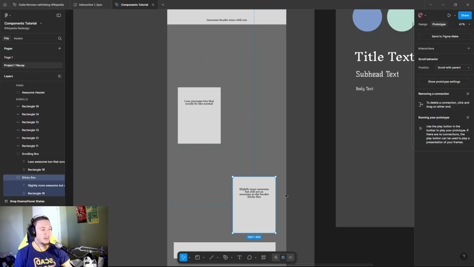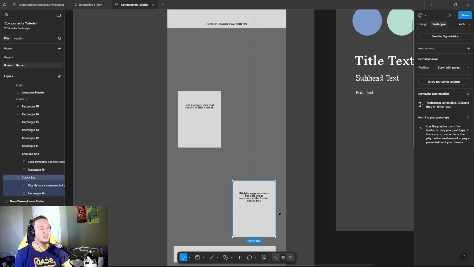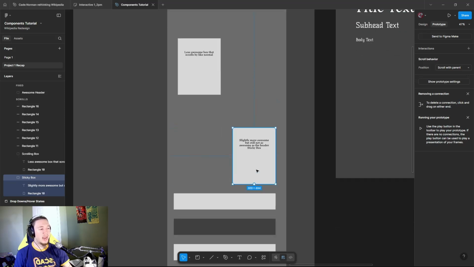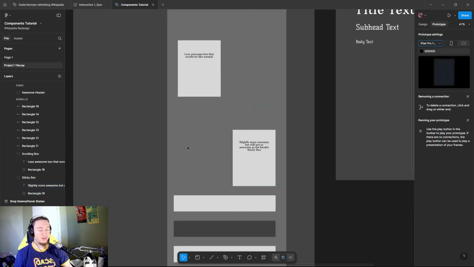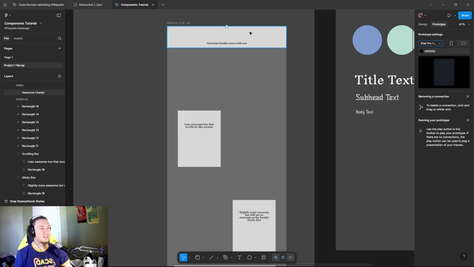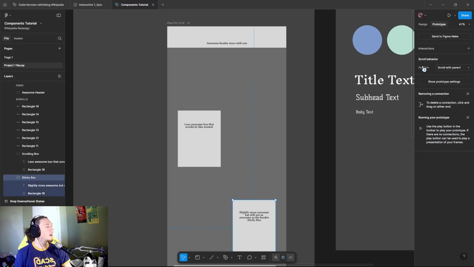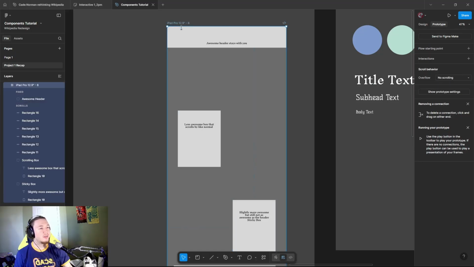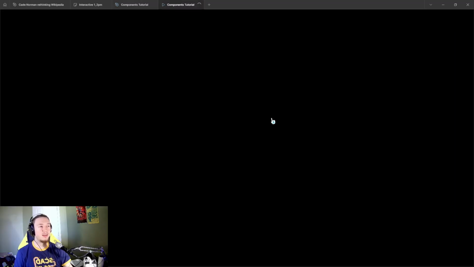So it lives down here, and until I scroll past it, it will stay attached to our background artboard. And the moment it hits the top of our screen, it'll stay there, and it will come with us for the rest of the page, however long that may be. And I'm going to do that by coming over to position in our prototype menu and tell it sticky, stop at top edge. So now if I select my frame and run the prototype,